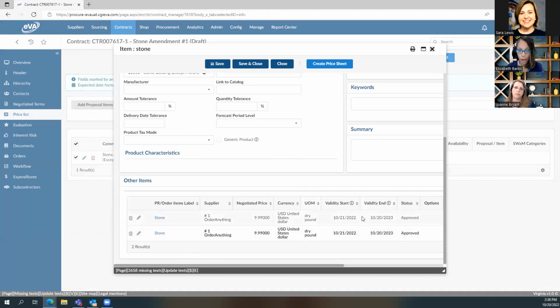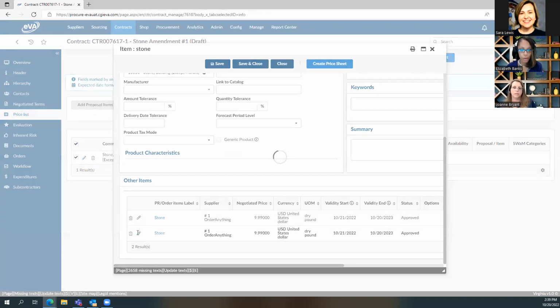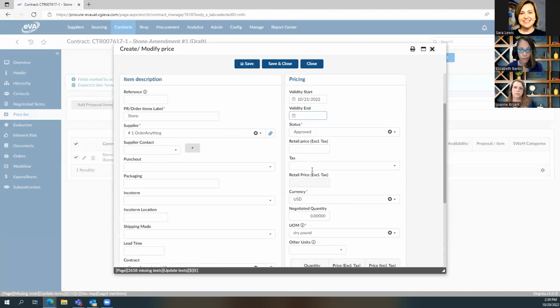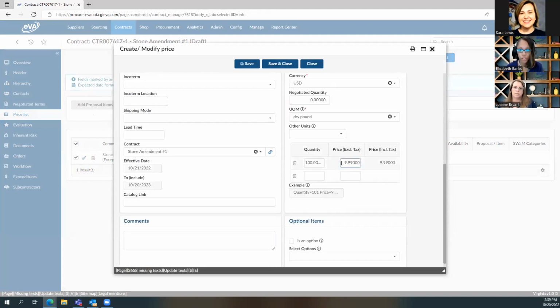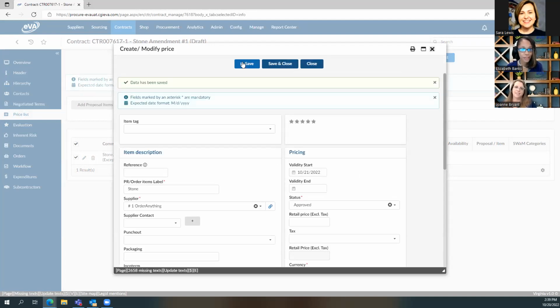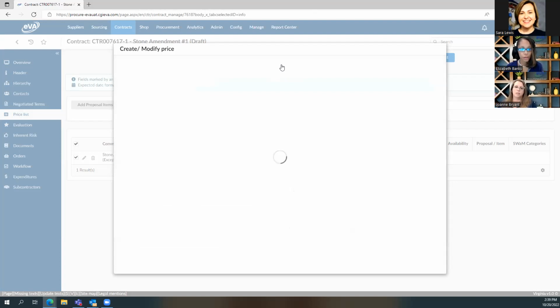You'll find all of your items here. Now, remember, the item that you want to edit is in bold. So let's work from the bold. We'll click the pencil to edit that. All right, so let's change our price. Let's go down to $5.99. What a great contract. So we're going to save, and we got the green. So let's save and close.